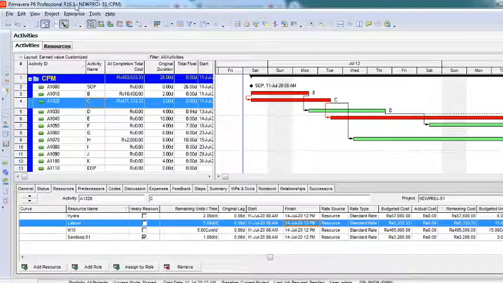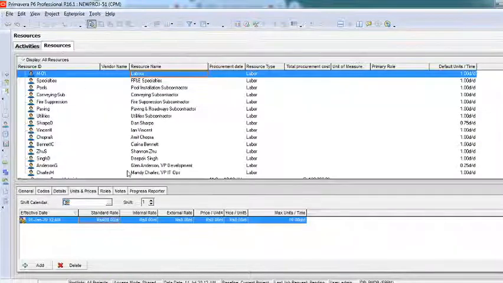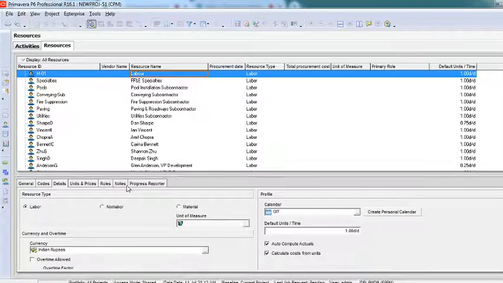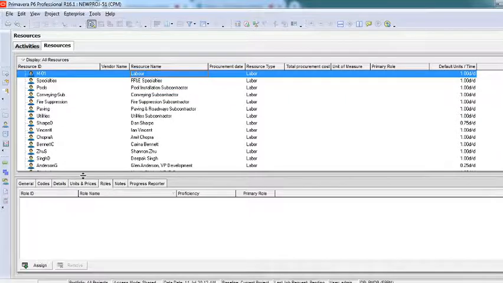So this is all about creating the resource, creating the standards, changing the units, creating the personal calendars. You can create different calendars for human resources, as I told you.